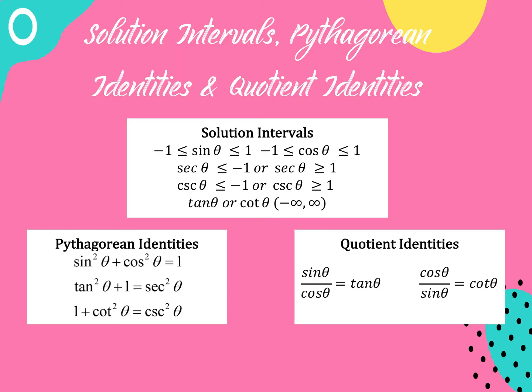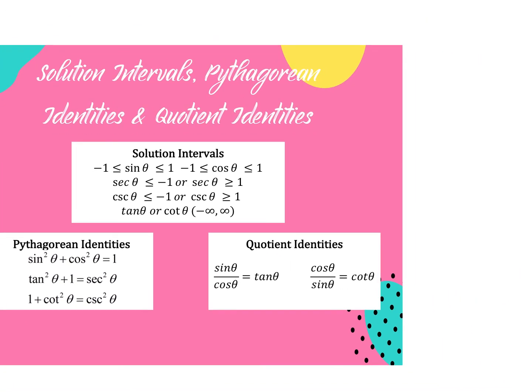All right, so this is going to help us to identify if something's possible or not. These are some Pythagorean identities and quotient identities that you need to memorize. Now, in the homework tonight, you're going to get some questions. And they're going to, for example, give you something like this. They're going to say,